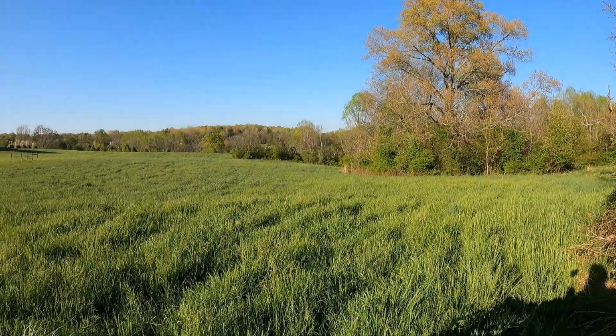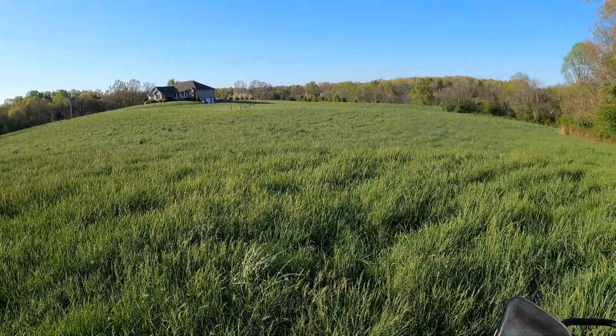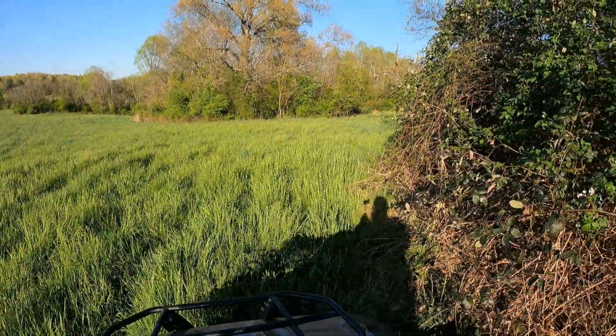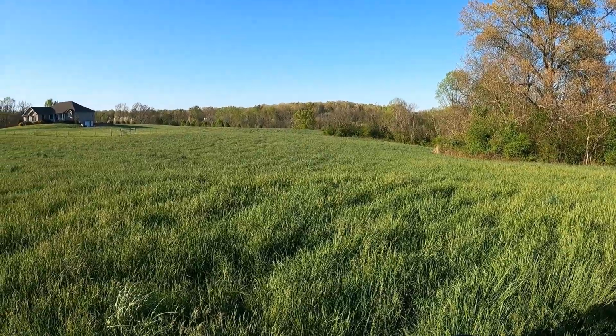He tells us we just treat it as our own. Just seed it, fertilize it, spray it, whatever we want to do with it for hay, and whatever we don't cut for hay, he just asks we bush hog the rest. So thankfully it's worked out good for us, and we try our best to keep Mr. Birchfield happy. He's been good to us to let us farm this property, and we're trying our best to do